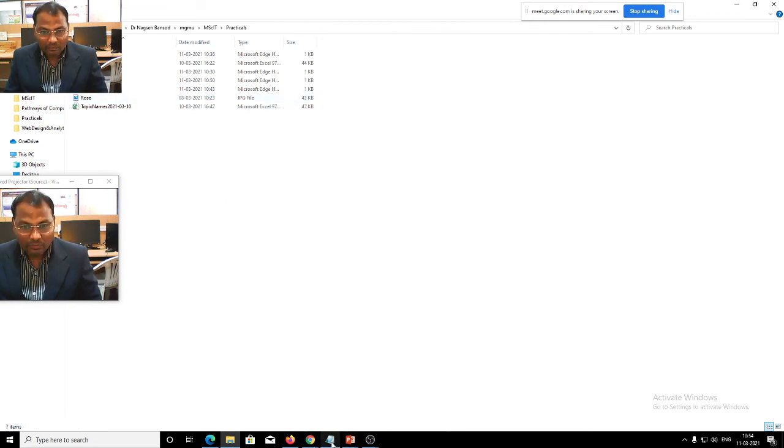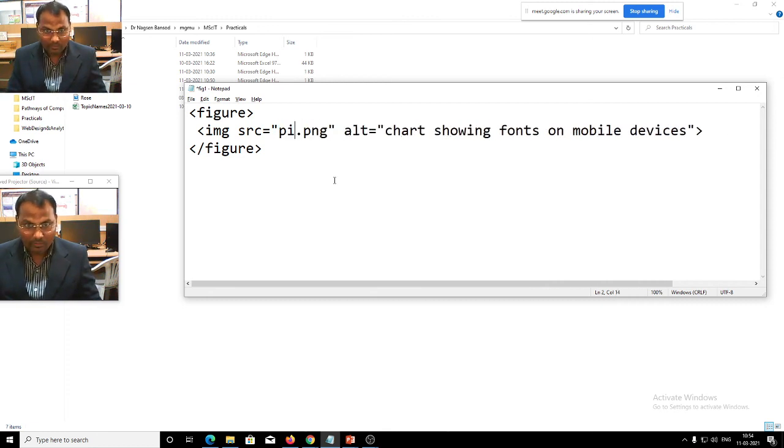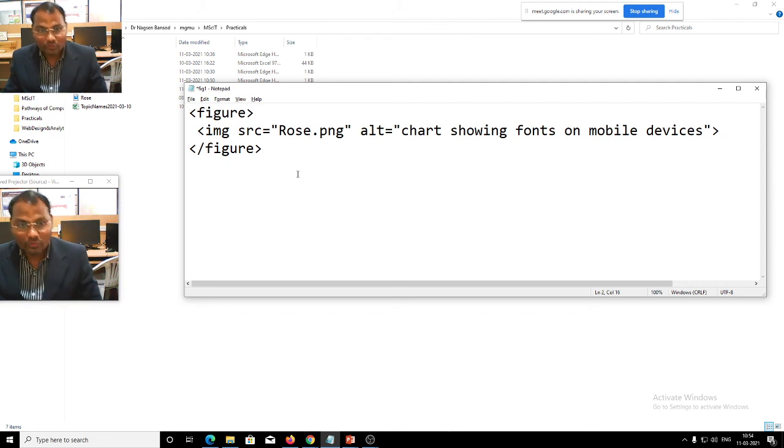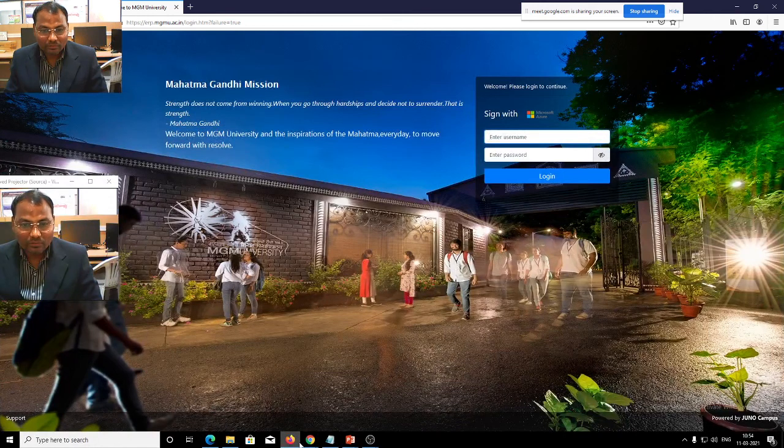And now what do we have to write here? Rose. Okay, I have written rose. The source of the image is rose. Its extension we don't know. We will find out whether it will display or not.